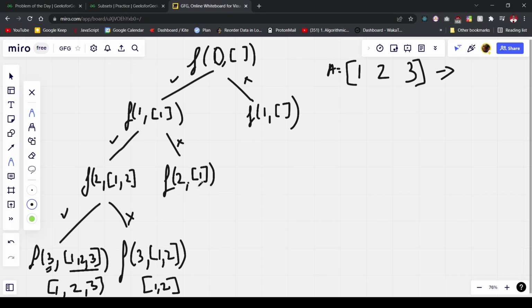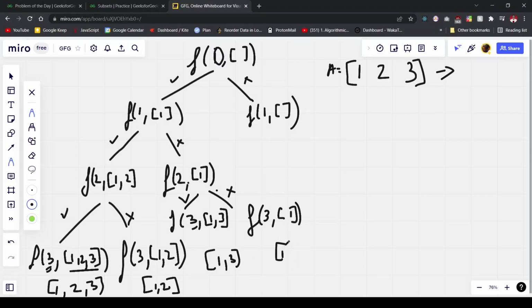Now coming to the right sub part, I'll include the first element, increment the pointer value to 3, include the next element, that is 1 and 3, since I've excluded 2 in this case. And for the exclusion part, I'll simply increment and exclude 3 over here, so 1 will be remaining. And as you can see, again my pointer has incremented to 3 and it is equal to my array size. So I'll be printing out the value 1 comma 3